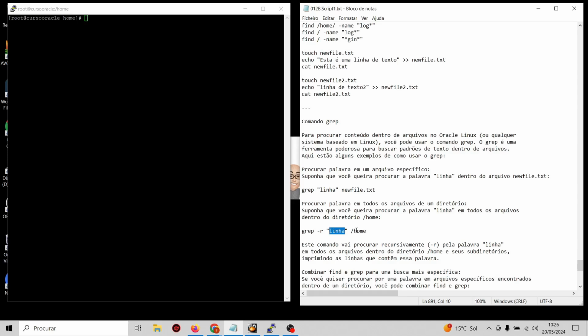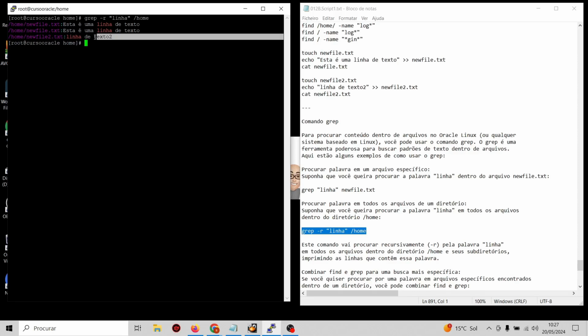Remember that we have 2 files created with different contents. So look here, I ran it and it found it. Okay? Inside this file here, look, new file.txt has these 2 lines, and it also found the word linha inside the other file we created, okay? Which has this content here, look, linha de texto 2,